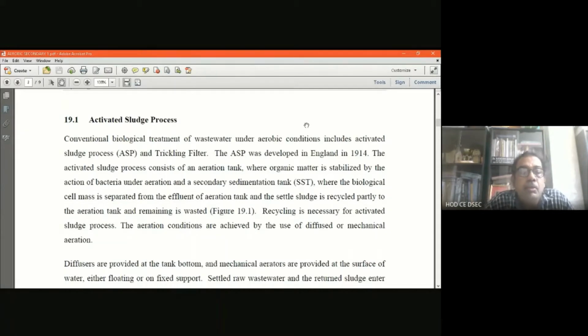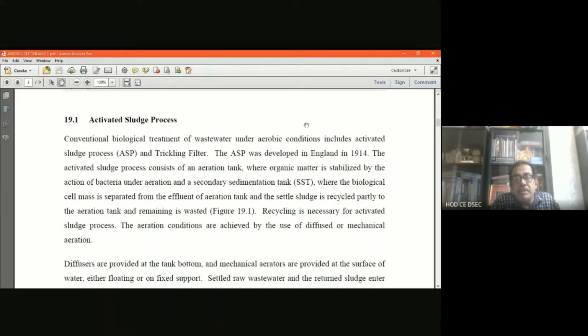Fine. Now, generally, the conventional biological treatment, as I have mentioned in my last lecture, is in the aerobic conditions. One is the suspended growth process and the other is the attached growth process. The example of suspended growth process, if you remember, I have told you regarding that activated sludge process, ASP, which will be discussed today, and for the attached growth process I have mentioned the trickling filter. Now, this ASP, the suspended growth process, means where the biomass is in suspended condition in the wastewater.